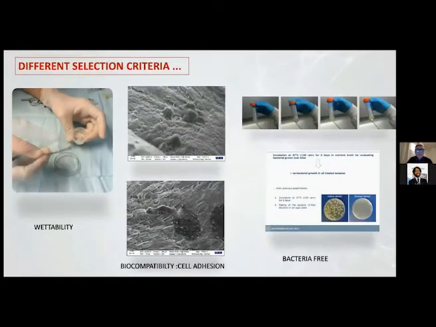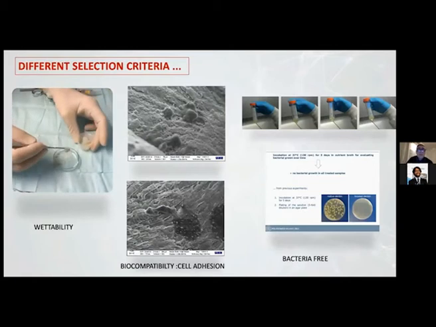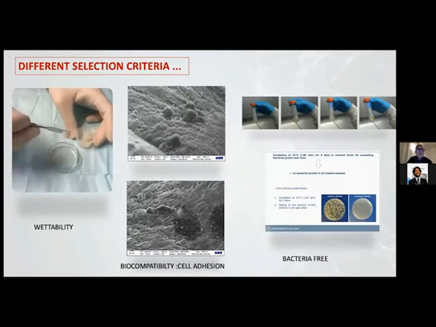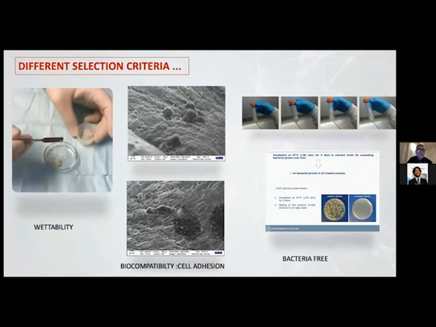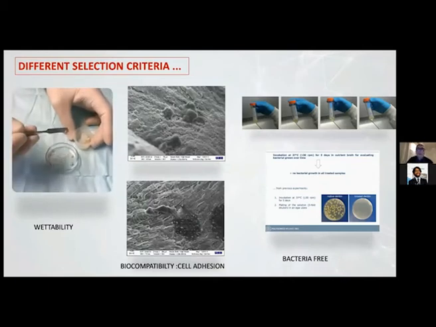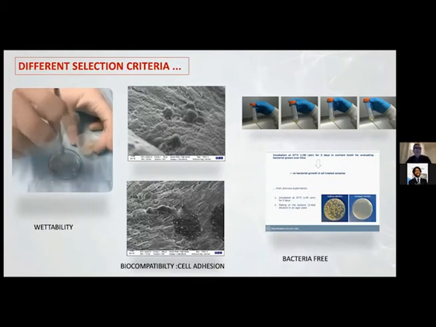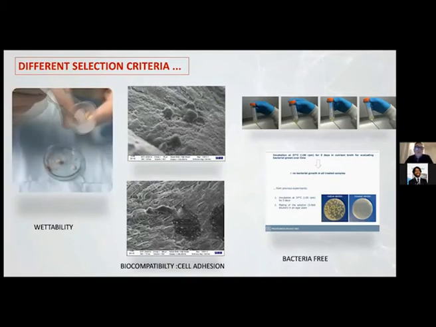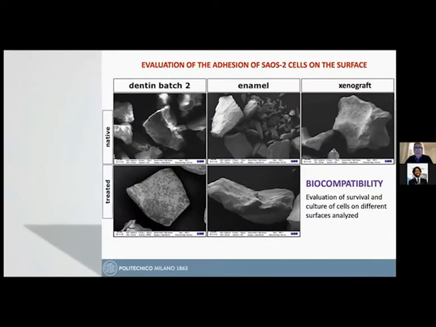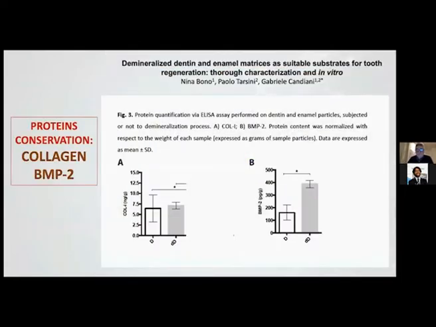The other selection criterion was the wettability, the ability to create granules with high wettability, to have the possibility to use them in surgery with interesting handling, and another aspect is the biocompatibility, the cell adhesion, and being bacteria-free. So we analyzed every aspect, and for example, in the biocompatibility, it's possible to observe